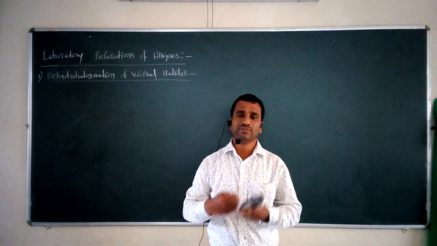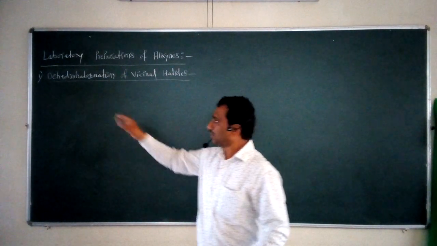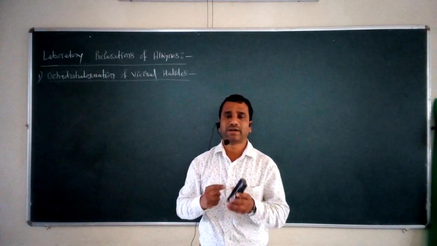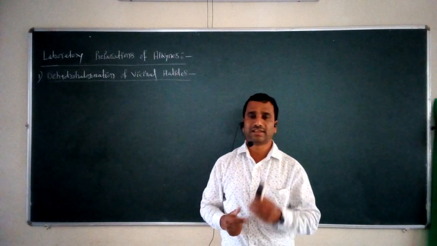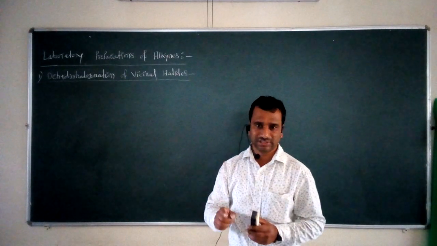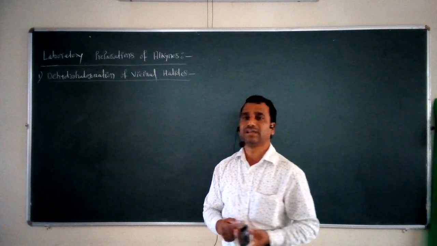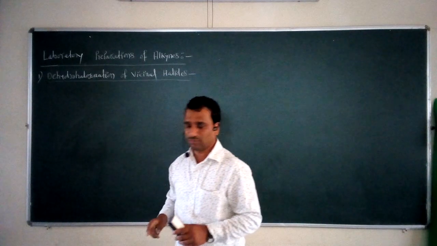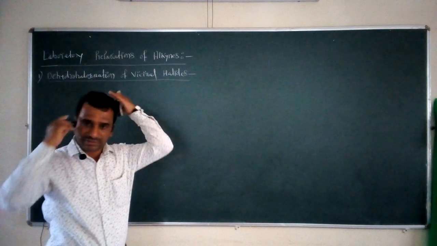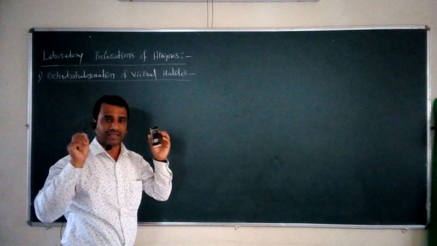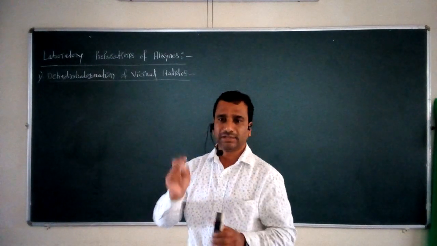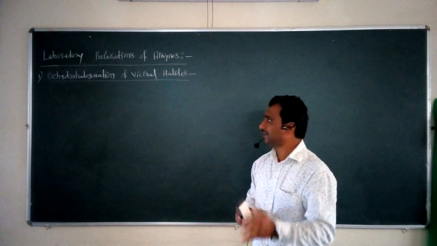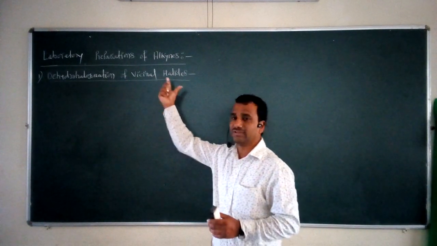Now, if we look at the title of this method, it is dehydrohalogenation, which means we have to remove something. What do we have to remove? We have to remove hydro and halogen, the combination of hydrogen and halogen. We remove that part from a reactant molecule, and that reaction is dehydrohalogenation. Now, what type of reactant do we have to take? We take a reactant called vicinal halides. What is meant by vicinal halides? They are halides in which two halogen atoms are present on adjacent carbons. Such halides are called vicinal halides.